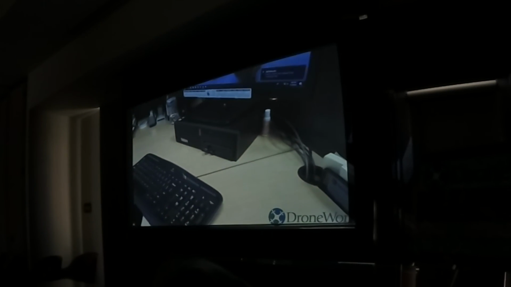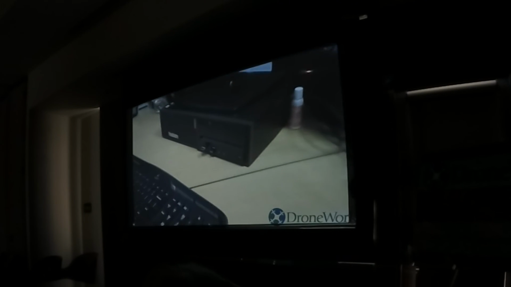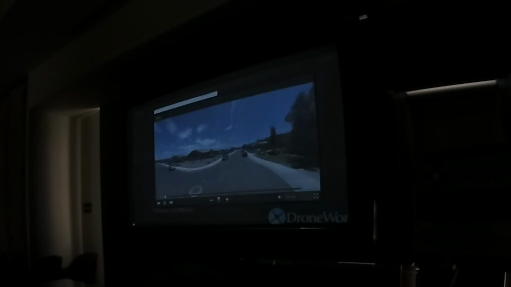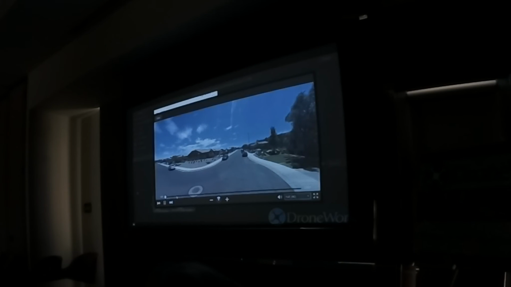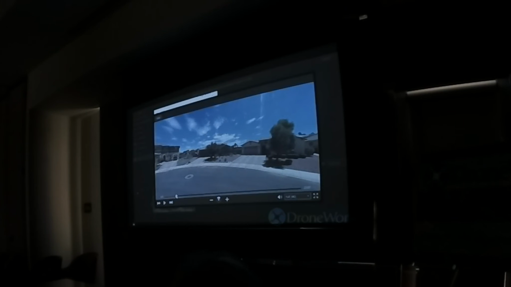This goes right into your USB port. My name is Kent, and I'm with DroneWorks. We have been working closely